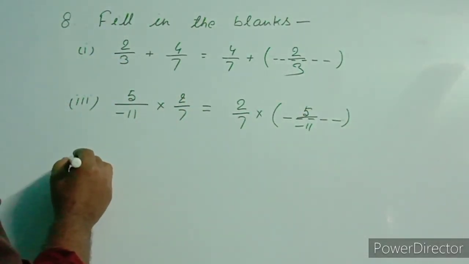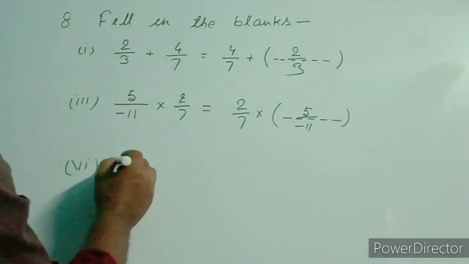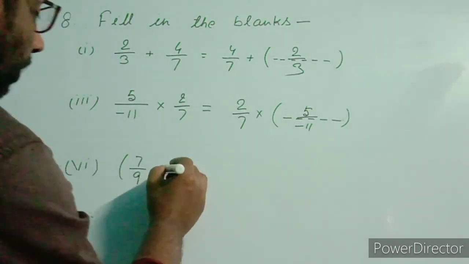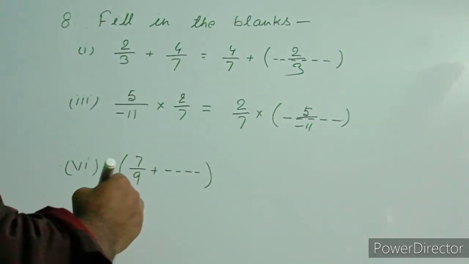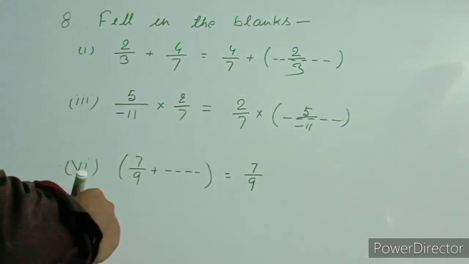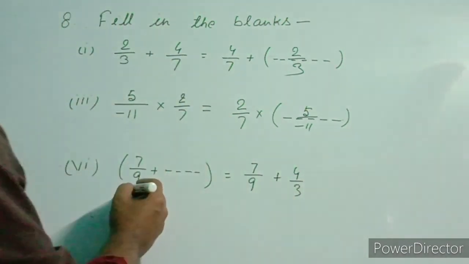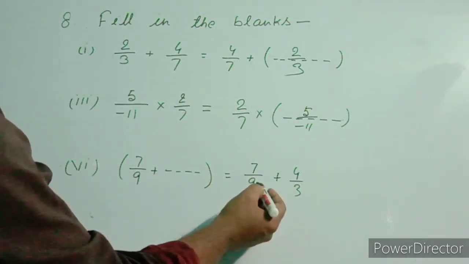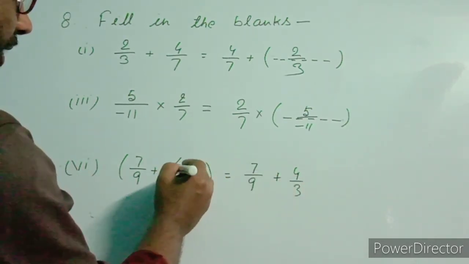Roman number 6, 7 by 9 plus dot dot dot, bracket closed, is equal to 7 by 9 plus 4 by 3. So in LHS, 7 by 9 is written here, that is also in RHS. So what is given in RHS that is not written in LHS, that is 4 by 3. So we will write here 4 by